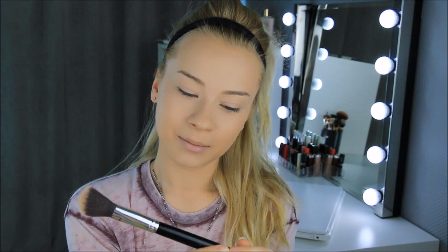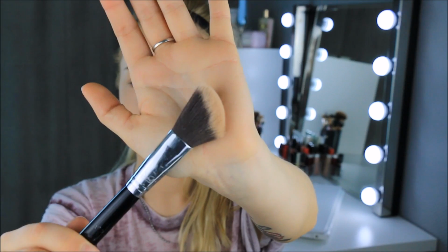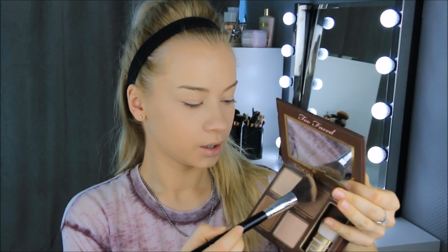So the brush I love to use for my contouring is the one and only Sigma. This is the contouring brush. It's really nice and perfect for contouring, I think. I really love this brush. So what I do, I just dab the side of the brush a little bit, tap it off, and